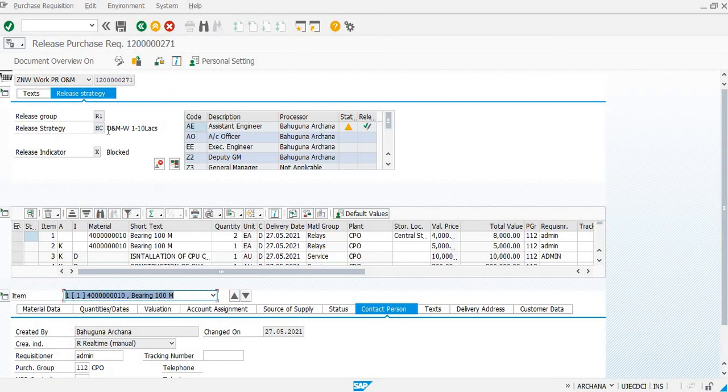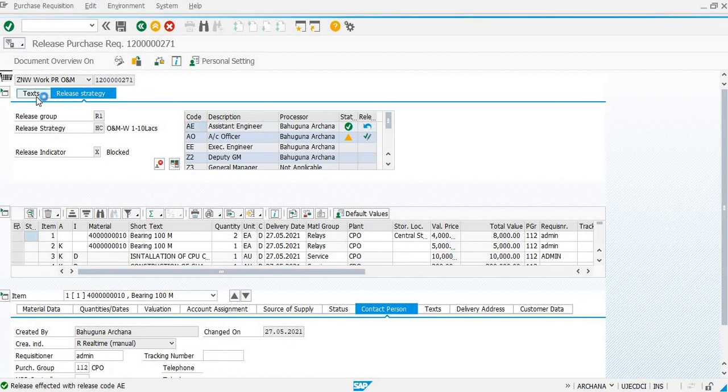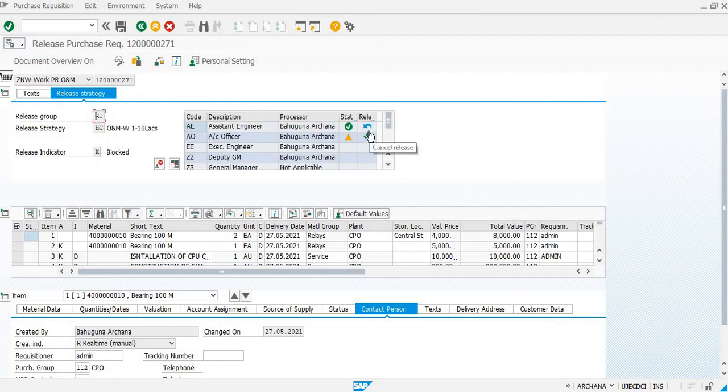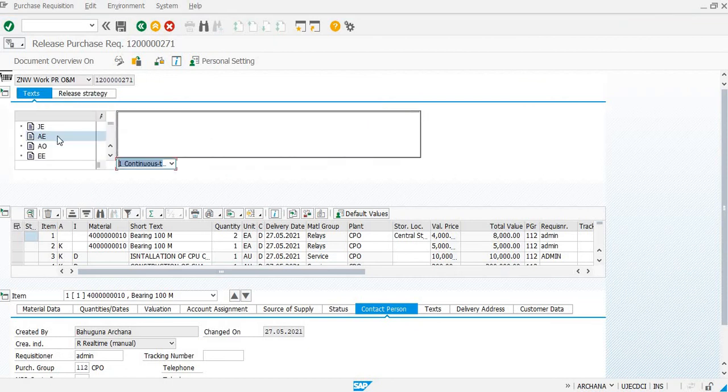Now such a screen will appear. We can see the option of release in front of the designated name. So we need to click on release. We can also add text if we want to at the time of releasing. This text tab will only be activated after we have clicked on the release. So after release we can enter. Since we have released at the A level, we'll select the text tab for A and type the required data.